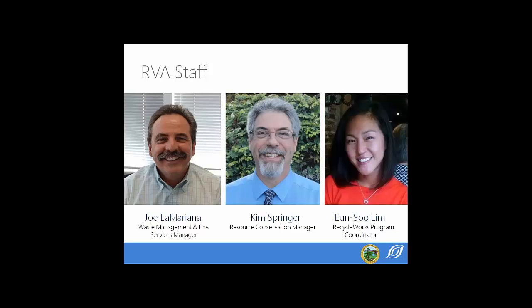Okay. Yes, great. And so there are 3 core members of the RVA. Jola Mariano is providing high-level program oversight and direction for the program. Kim Springer in the middle, he is the overall program manager for RVA, and I, under him, coordinate the day-to-day operations of the program. And we're also working very closely with Cascadia Consulting Group and their team, including Judy here, to develop and implement the RVA program this year.